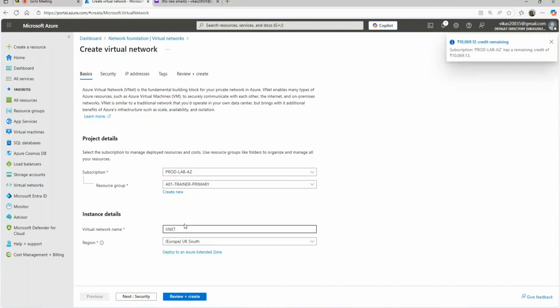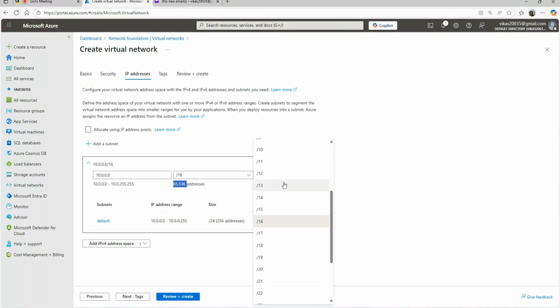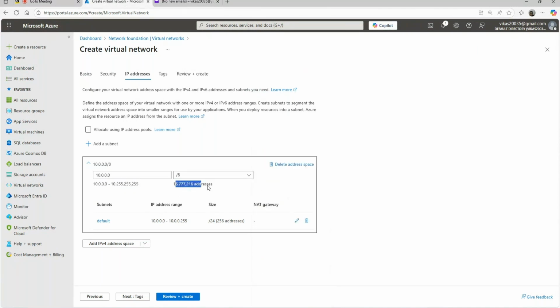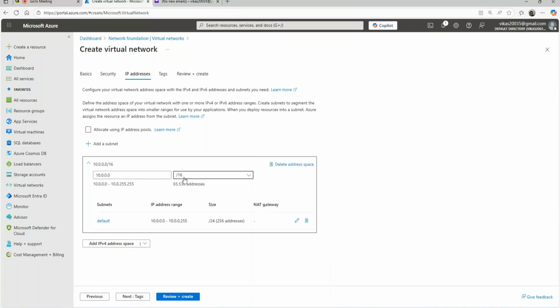Then I give a name, VNET, and the IP address range 10.0.0.0/16. I told you that is approximately 65,000 addresses, and with /8 it would be 16 million. So you decide how many you need.